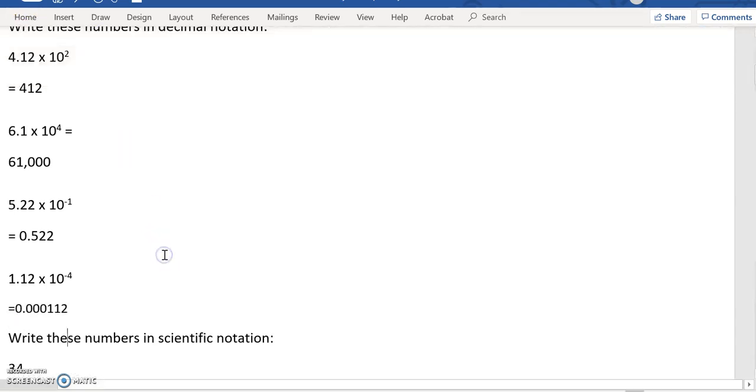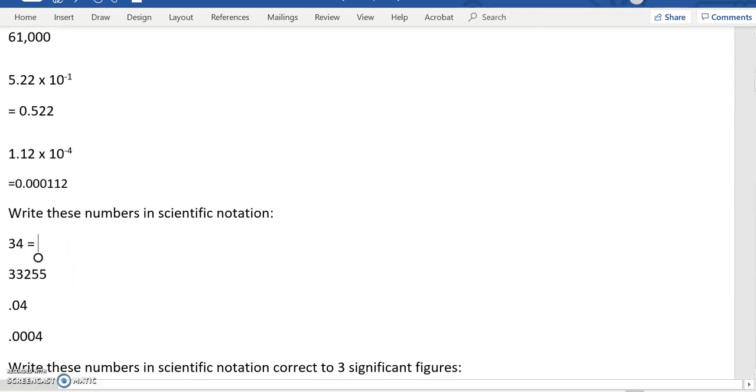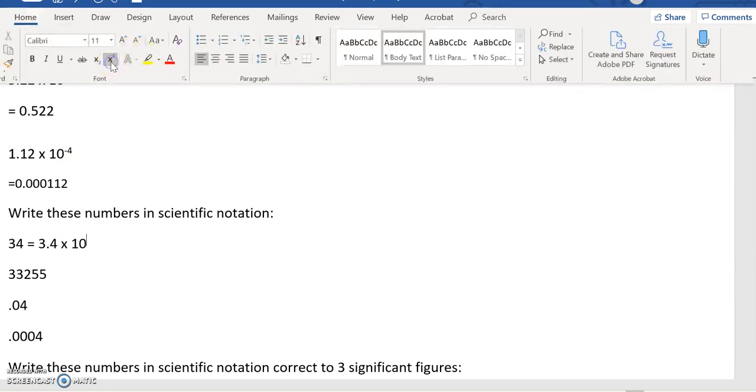Okay. Now we're going to go the other way. So that's going from scientific notation into decimals or large numbers. Now we're going to go the other way. How do we turn a number into scientific notation? Well, we start by always making the decimal place after the first digit. So it's always going to be 3.4 by 10. In this case, it's just actually 3.5 by 10, which is the same as saying it's 10 to the